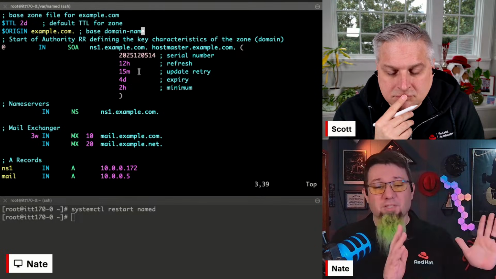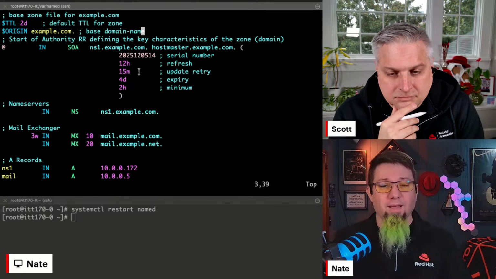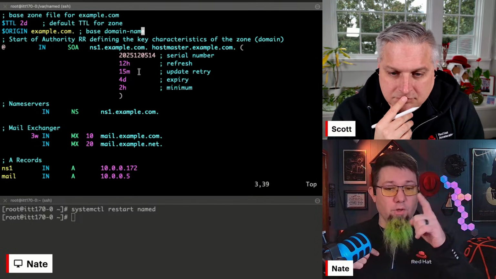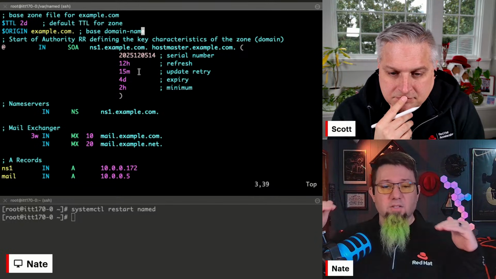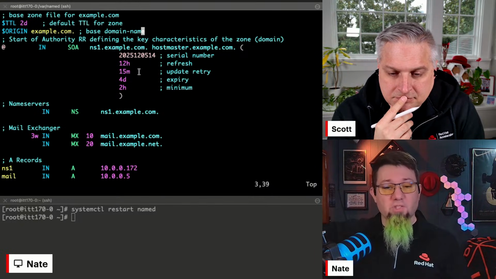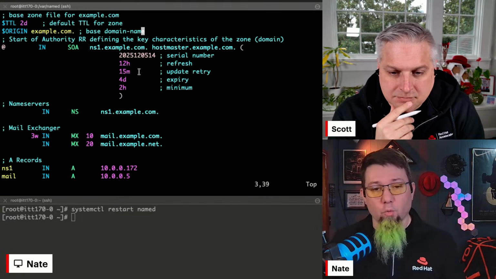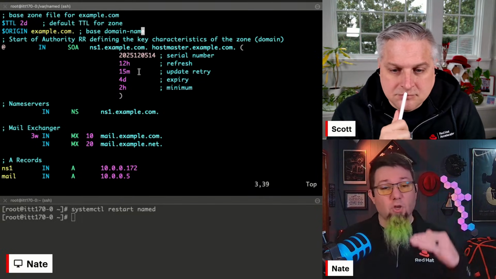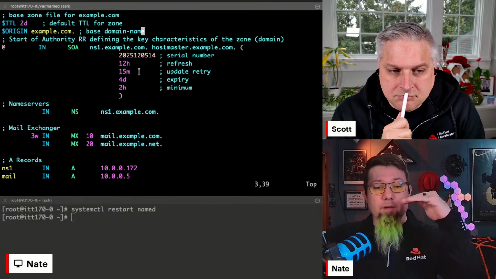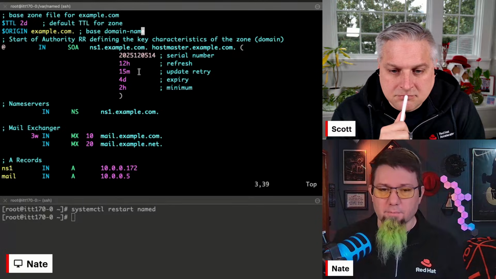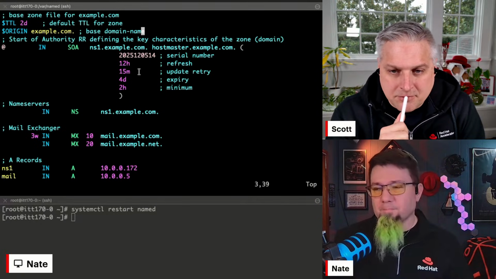It must have to do with the size of the integer or something. What you can do is increment this serial number up by X number per day until you reach that boundary, and then it resets to 0. And then you can go back up to where you wanted your serial number. But you can't just go right from where we are to the upper boundary, because other servers will be like, something's fishy there, and it won't accept it. So keep that in mind.